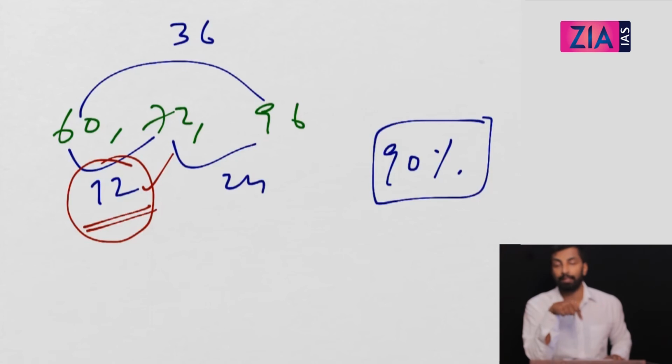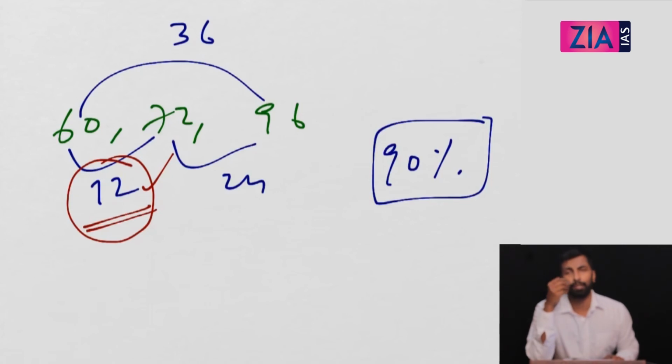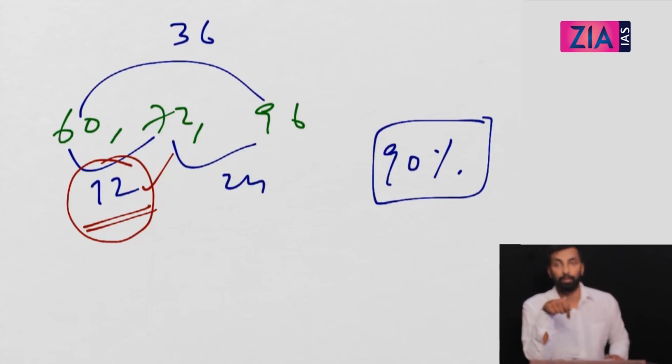Now, what are the exceptions? That also I will tell you, because you cannot just take the HCF like this, right? You need to know the reason. Understanding the reason may take some amount of time and it is slightly difficult, but once you understand it, it is easy. You just need to take the smallest difference only, and you get the HCF. Now, why is it working is what we need to see, right?